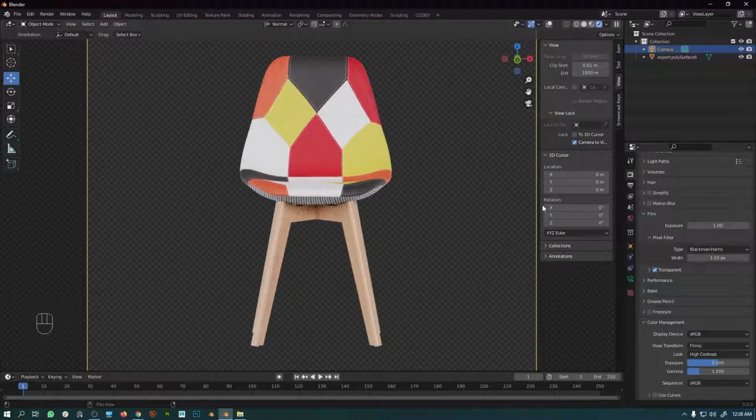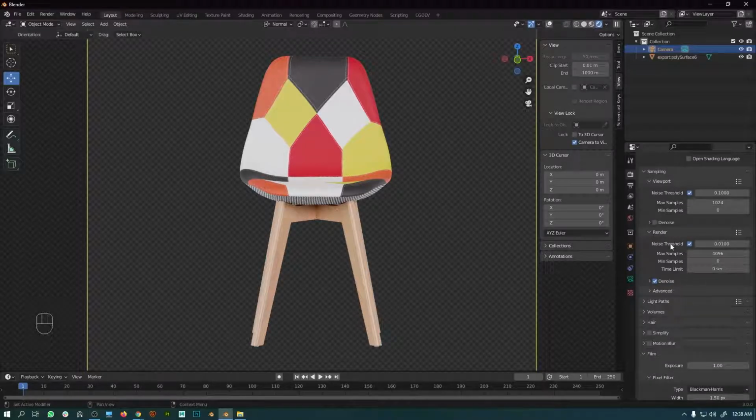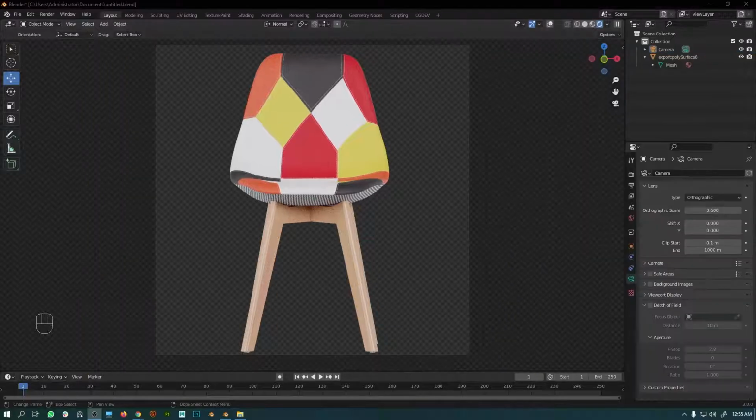Okay guys, so the next thing I'm going to do is change some render properties, that is, I'm going to change the samples. For that I'm going to come under the Render properties, and here you can see that in this render slot we have 4K samples. We'll decrease this to 20 or 10, which is usually enough. Okay, so I think most of the settings are done.